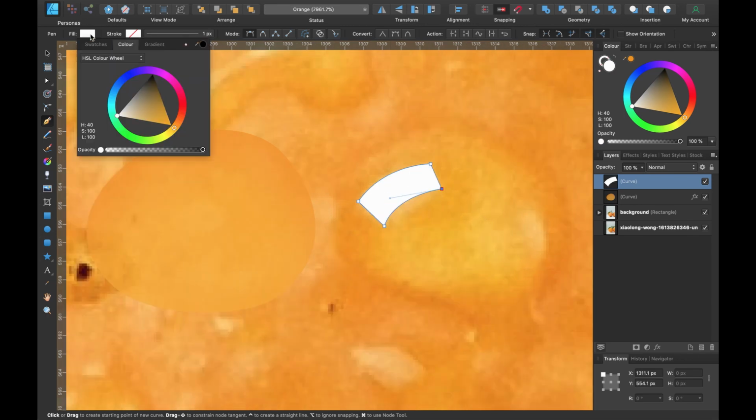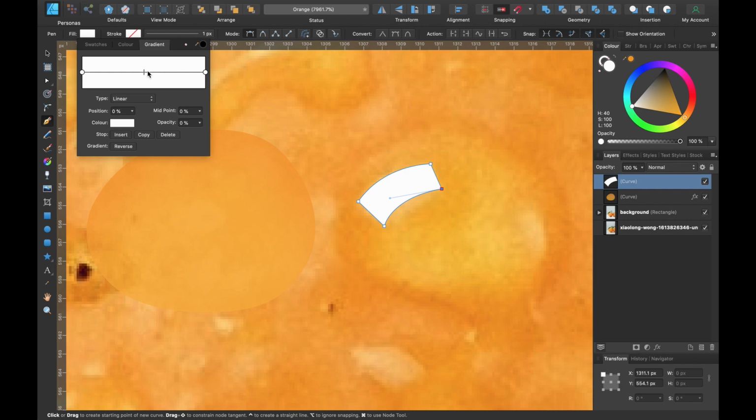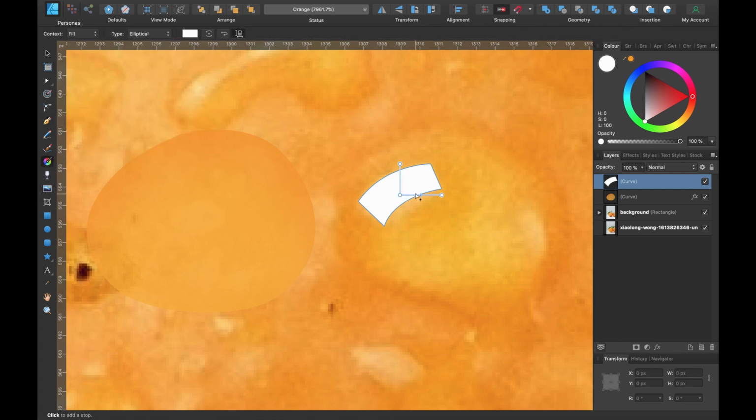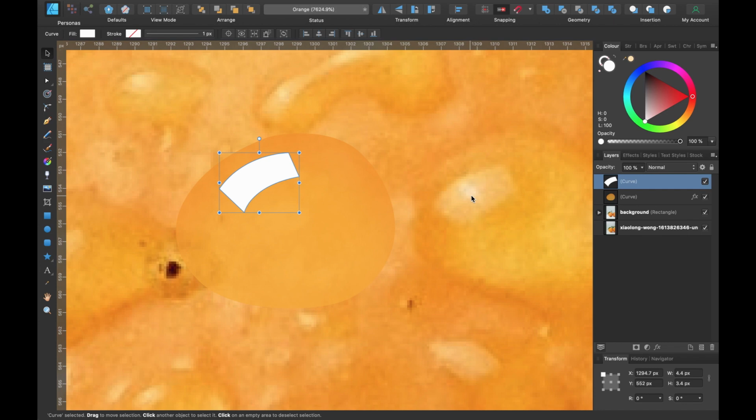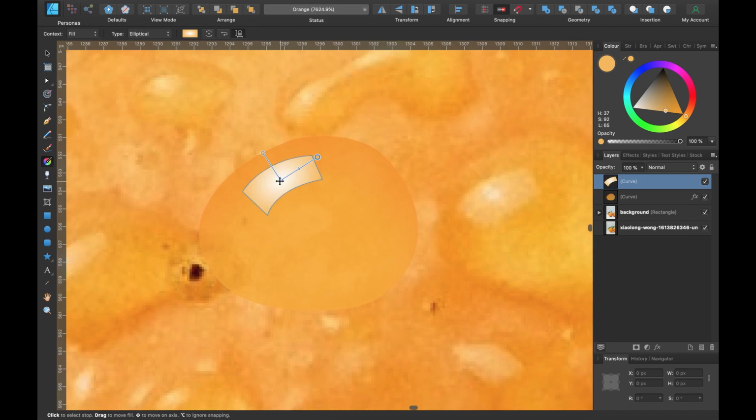Now I'm going to go to the Fill tool, Gradient, and I'm going to choose Elliptical. I'm going to grab the Fill tool in the left-hand side there. I'm just going to move this somewhere I'm happy with. I'm going to select one of these sides here. If I just move it out the way, we'll place it over our droplet. What I want to do, it's a bit lighter here and a bit darker on the outside. So with our fill, I'm going to choose the darker color there and grab the eyedropper tool and just drag it over there somewhere. So you can see it's starting to look similar.